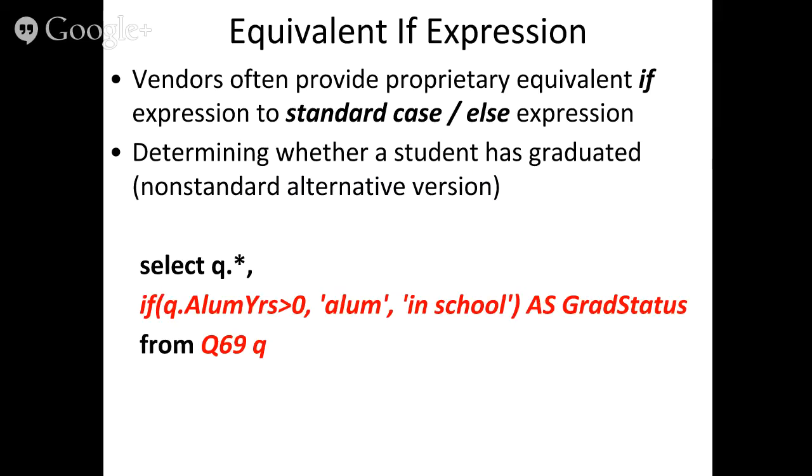Here's an abbreviated version of those case statements where you can use just a plain old if statement. We can say, if the alum years is positive, then returns... It looks like it uses the Excel syntax. You check the expression, and if it's true, it returns the second argument. If it's false, it returns the third argument. It evaluates to the alum or in school. So this is true. If this is false, and that thing then goes under the graduation status